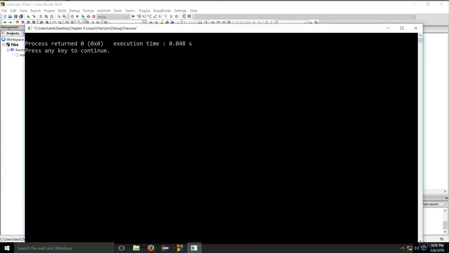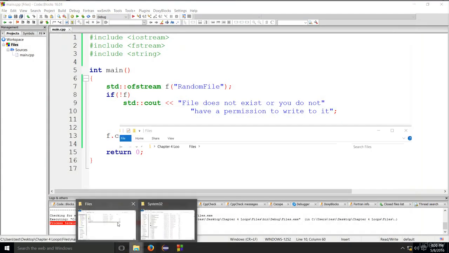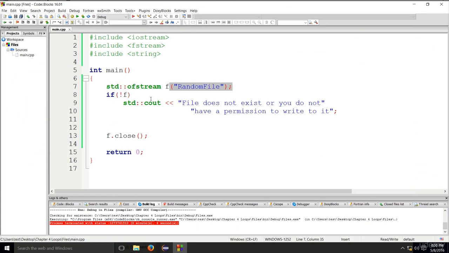Build and run. Why didn't it get printed out to the screen? Did it actually create it? It did create it. Well, this part actually created it, so there's no way to actually check it here, but